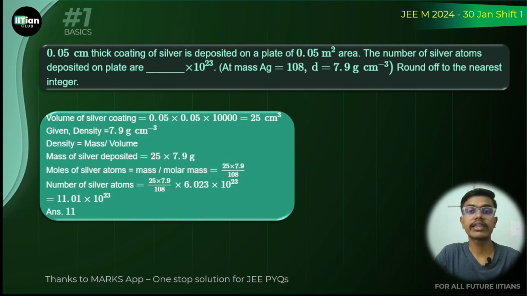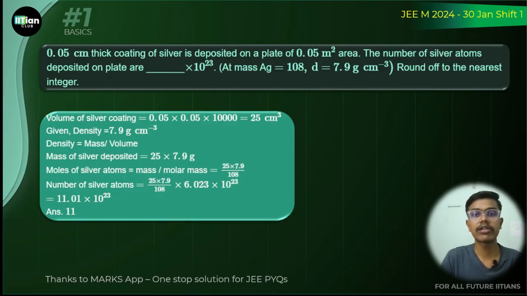Even based on this, you can get a question like this. There is a silver coating of 0.05 thickness over the plate of area this much. We have to find the number of silver atoms. We have been given the atomic mass and density. So first of all, we will be finding the volume, and from the volume we will be getting the mass,